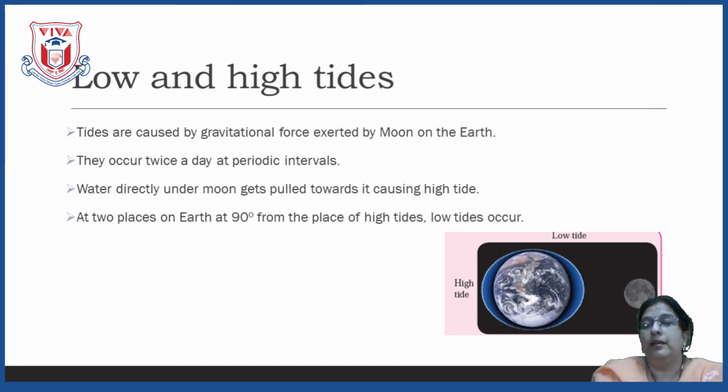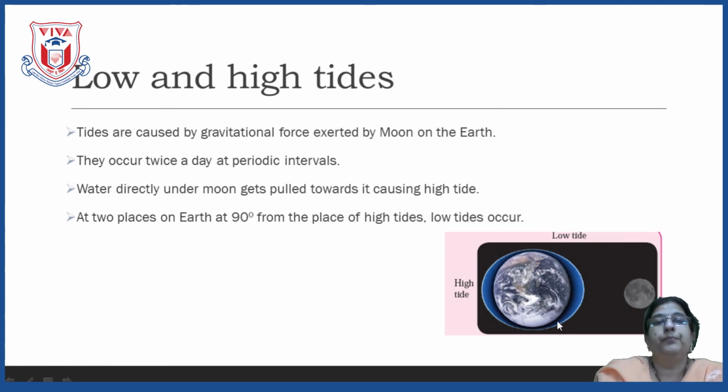Now in a day, high tide and low tide take place twice. Just see here, if the water level has increased here, then here high tide will be there. Then if you make a right angle, exactly at the right angle location there will be low tide. So here it will be low tide and here it will be low tide. Here it will be high tide and here also it will be high tide. So we say that high tides and low tides occur twice a day at periodic intervals. At what time the high tide will be there and at what time the low tide will be there, these timings are changing. Daily they are not the same.